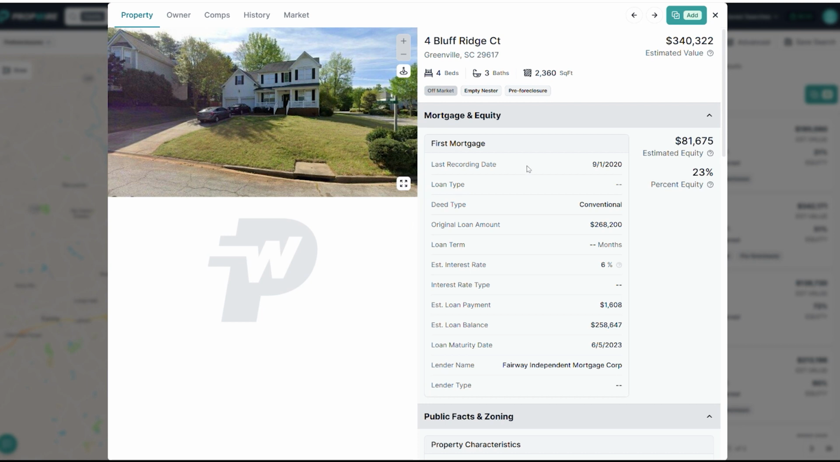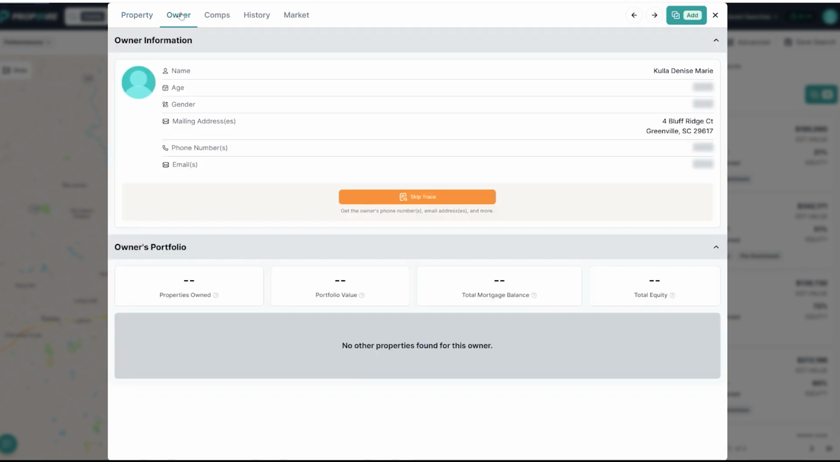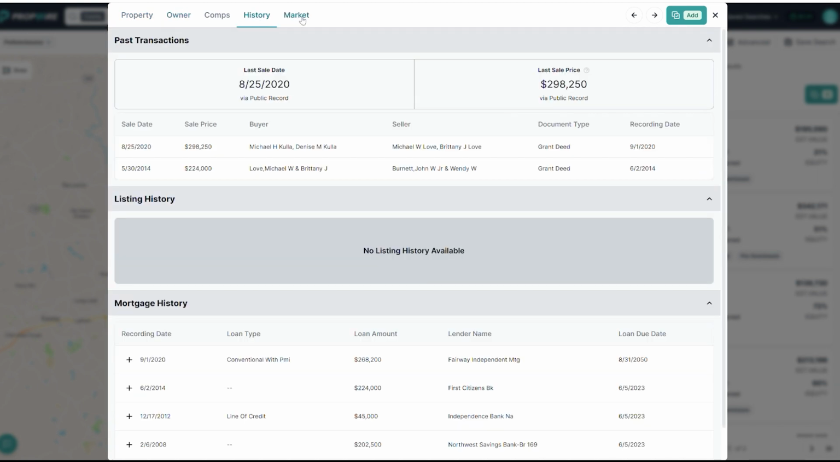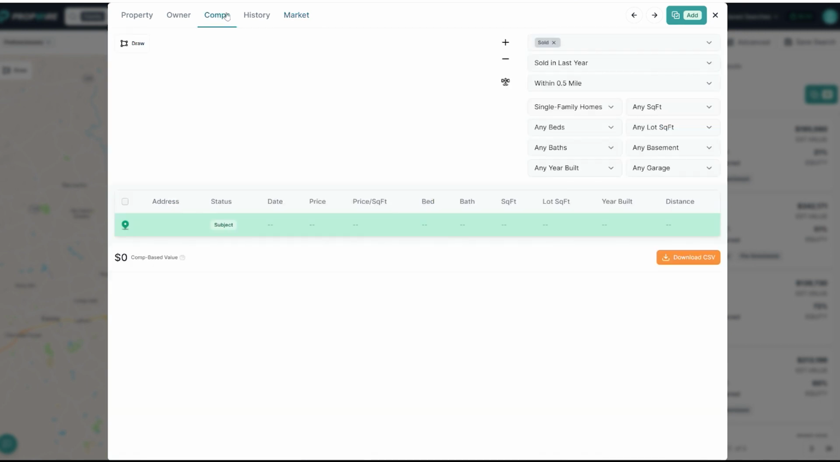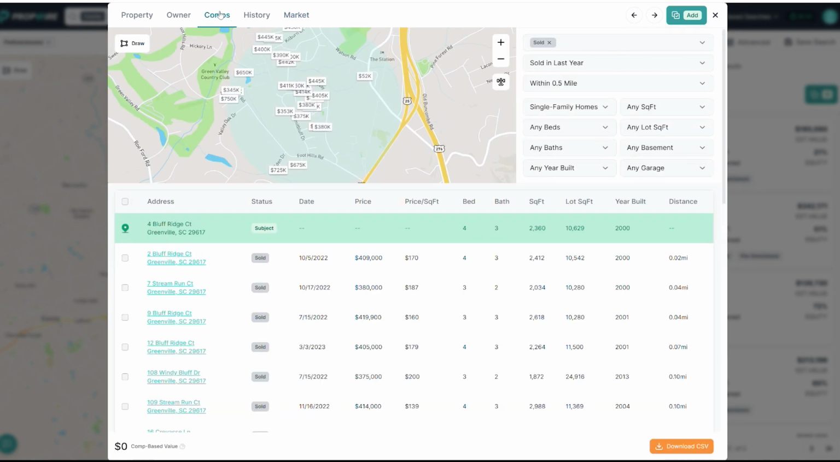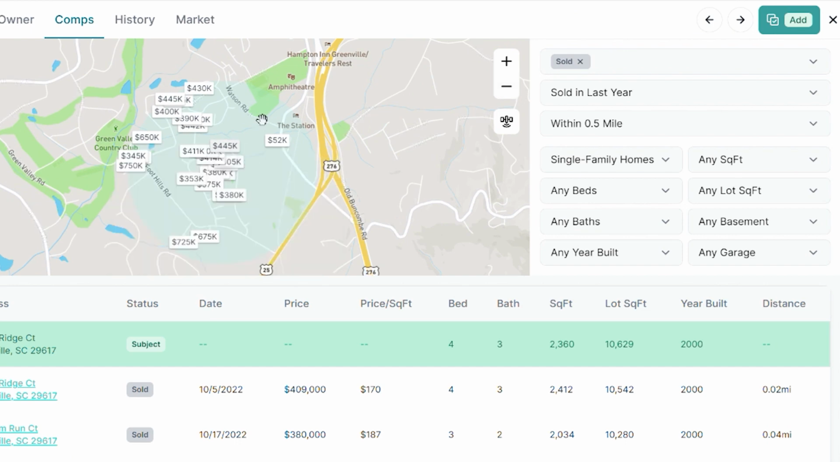It brings up all the information that it has for this pre-foreclosure lead, all the info I might need that it can pull. I can tab over here to see the owner, as well as the history and a little bit of information for the market in that area. But we're interested today in the comp tool. So as you click this comp tab, it starts with a half-mile radius by default,